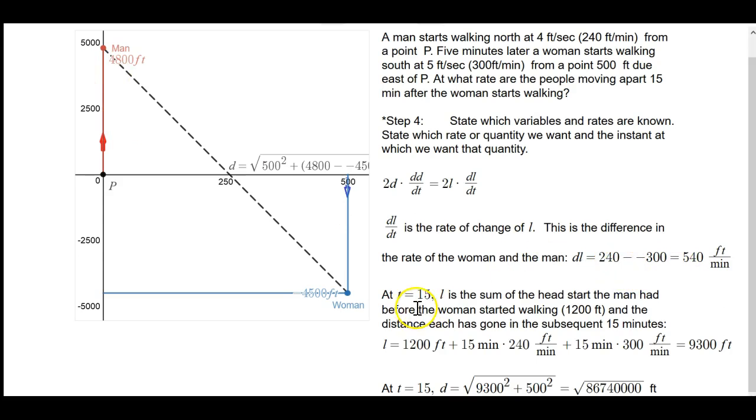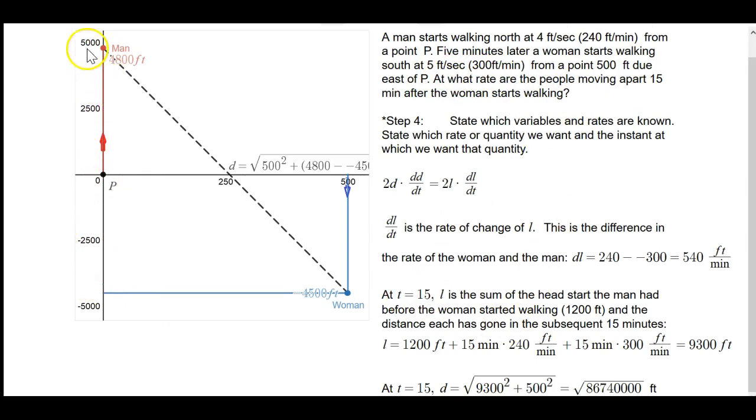and that can be determined from the rate of change of the way the man was walking and the way the woman was walking. So if I add the absolute values of each of their rates, he was walking at 240 feet per minute and she was walking at 300 feet per minute, so this side is changing by 540 feet per minute. And then at t equals 15, which is the time that we're interested in,